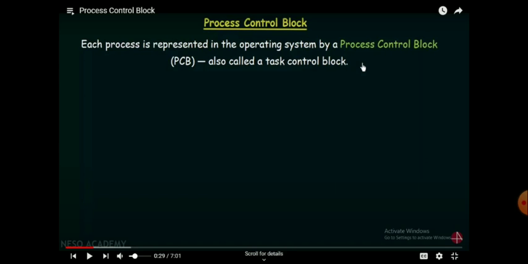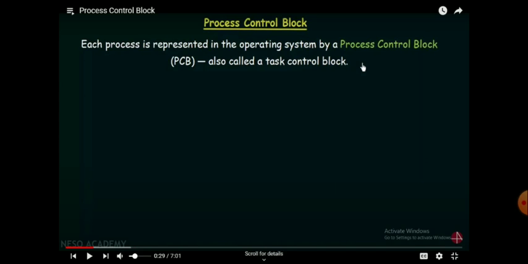By using the register number, we can analyze a particular student, right? Similarly, for each and every process executing in the computer, the OS has to manage the process.